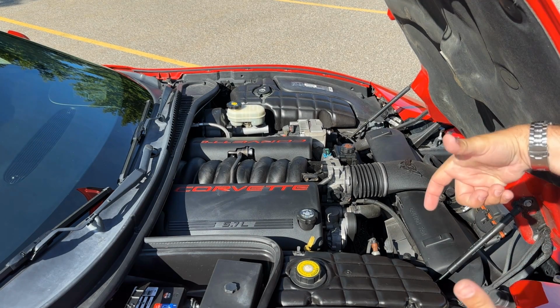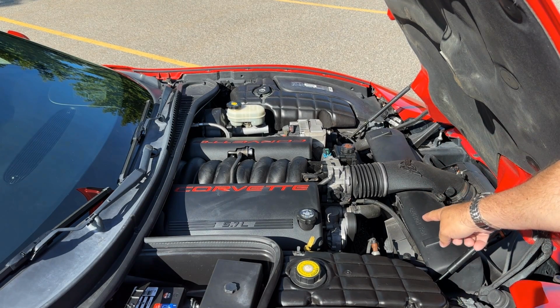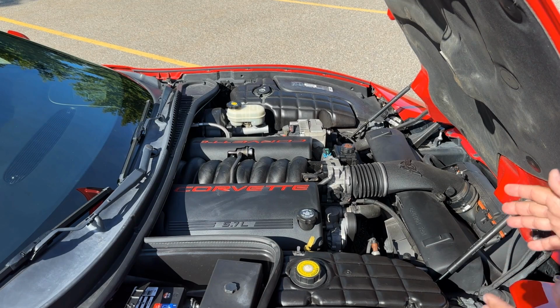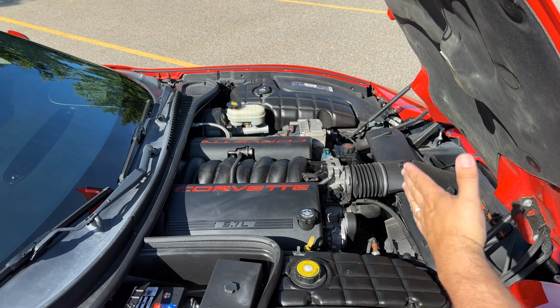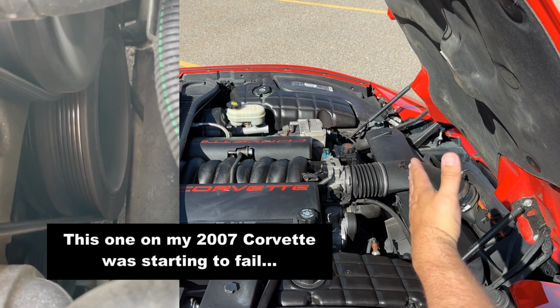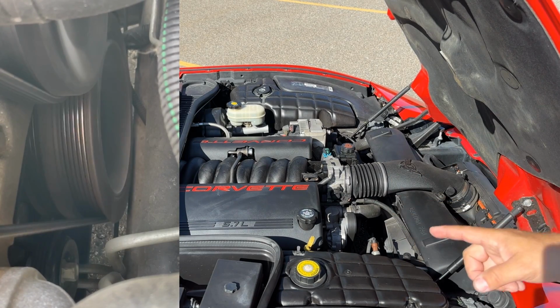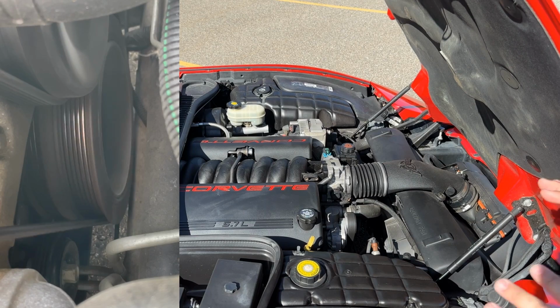This is a large pulley wheel on the front bottom of the engine that drives the belts, and it has a tendency with the Chevy OEM Harmonic Balancers to wobble. When it's running, it'll start to go back and forth. So put the car in park, start the engine, let it sit at idle, walk around to the passenger side,